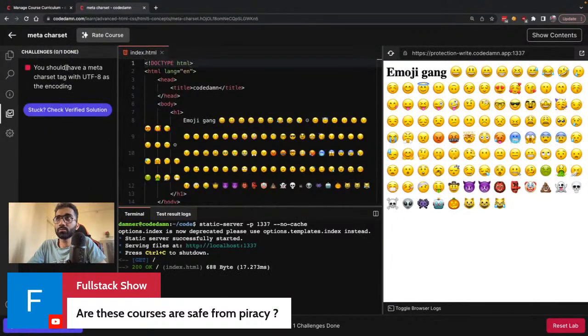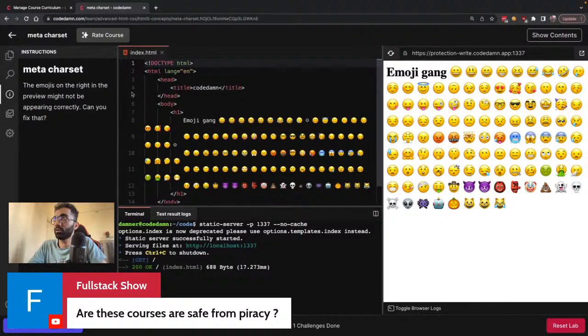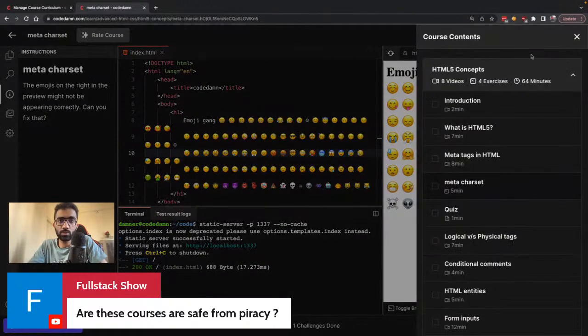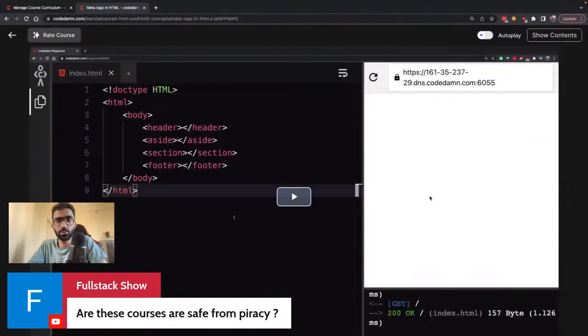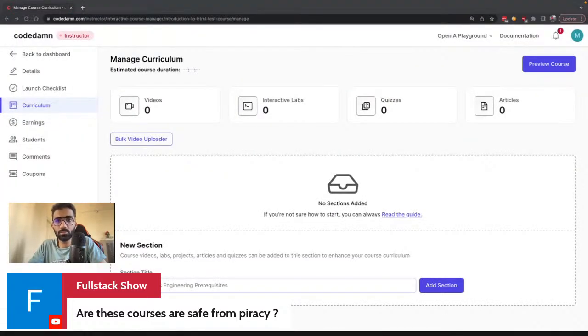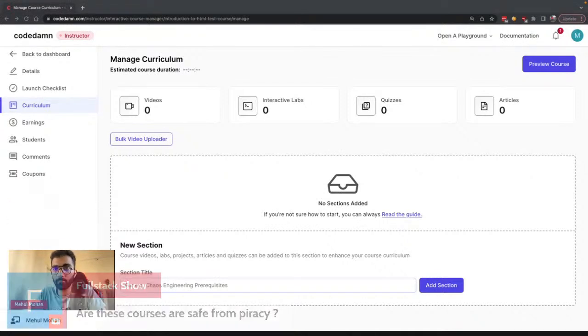Where they have to fix this particular thing. I mean, this lab is, I think, already solved, but you get the idea that you can't actually download labs inside of a course. It doesn't make sense, right? It makes sense to download videos. You can download this particular video, sure, but you can't download a lab. So that is one of your USPs, that your course can't be fully pirated. If you have a course which is just a video-based course, then of course that can be pirated. But these courses, if they consist heavily of labs and projects, they cannot be pirated.